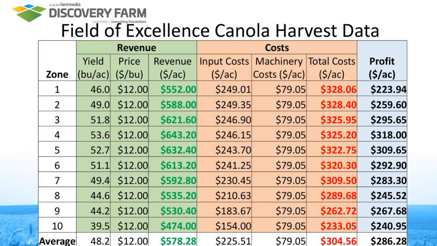Now, on the other end of the spectrum, in our upper zone soils, 8 through 10, we were still able to maintain a respectable profit for these soils. There's a couple of reasons. Number one, you'll notice that our input costs were drastically reduced in these upper zones because we're making use of the residual nutrients that we typically see in these soils. And in our case, it's residual sulfate, residual nitrate. So we were able to dial back our inputs at the time of seeding and realize some of those savings. But also there's an impact of the electrical conductivity and perhaps salinity limiting some of our yield potential in these upper zone soils.